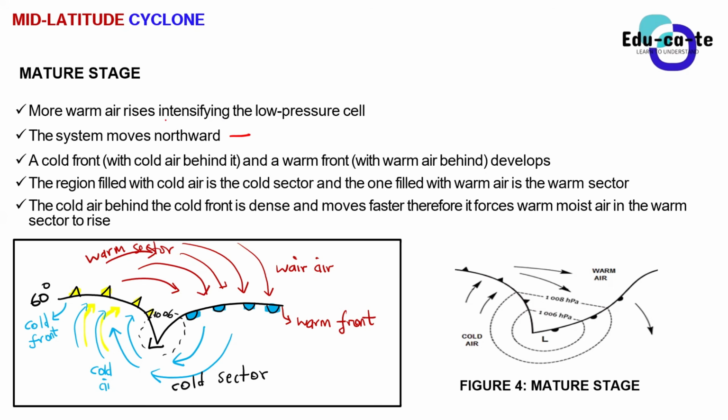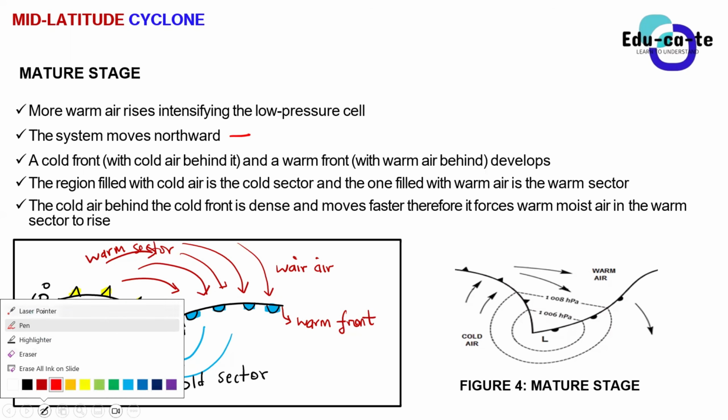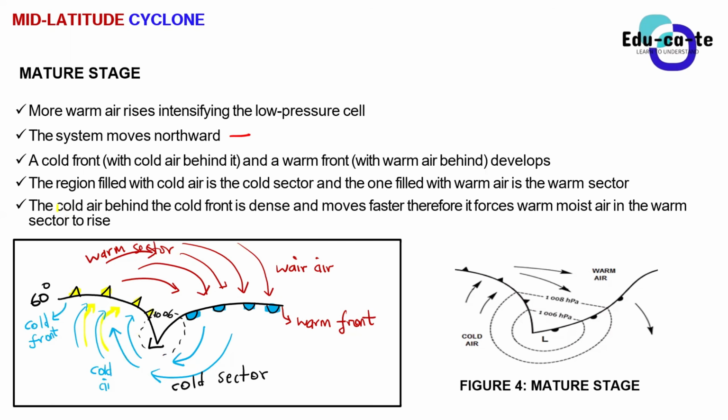And now we were at this point, which was point number 5. I think our meeting cut us short and we didn't explain it properly, right? So now, what are we trying to say here? We say that behind the cold front, there is some cold air. Are we clear on that?